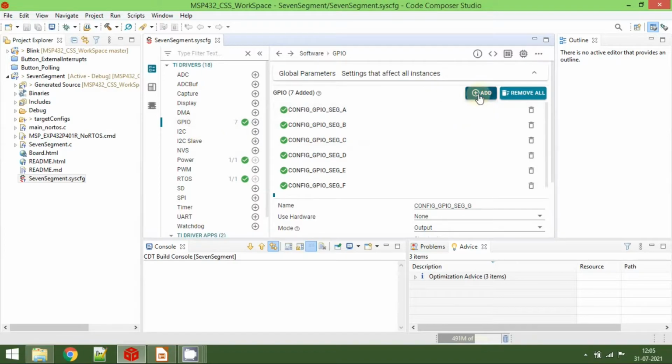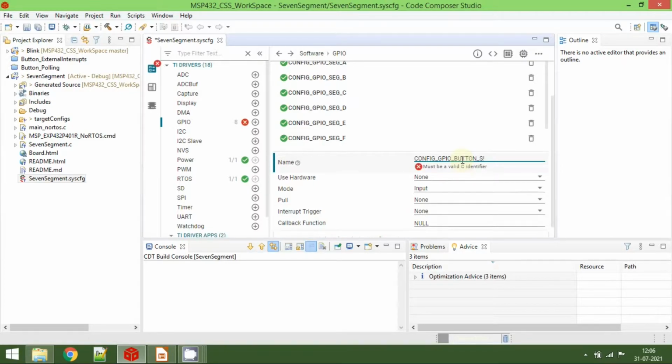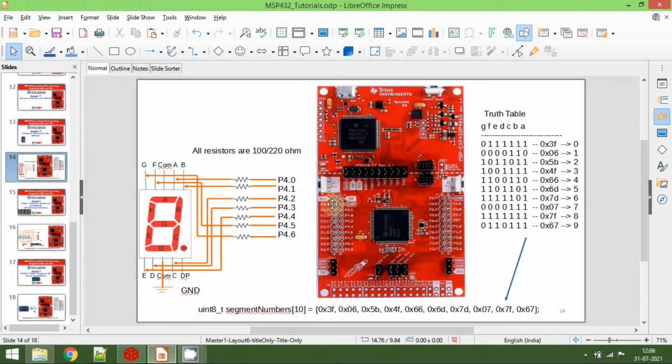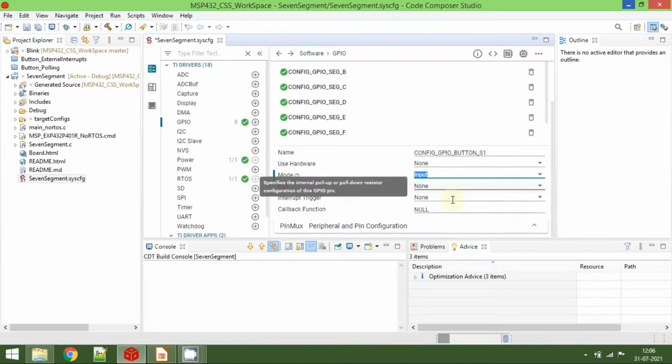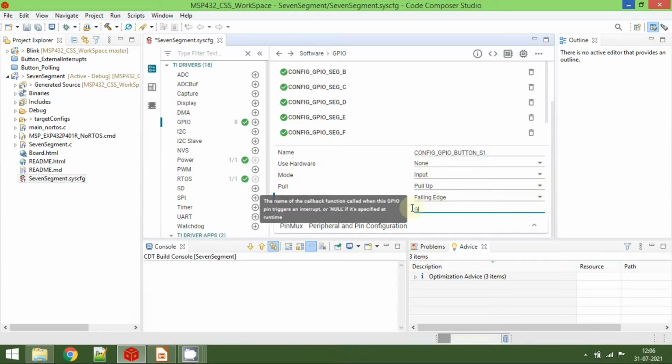So again add one more GPIO instance here, and this is a config GPIO button. Make sure all are capital letters. Button underscore S1 we are going to use, and you know the S1 pin is connected to P1.1. Okay, so again it is an input mode, and of course we need to use the pull up, and then the interrupt trigger method is a falling edge, and the callback function you can call it as a GPIO